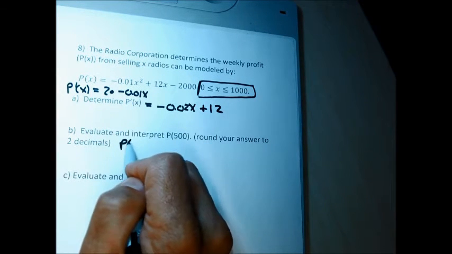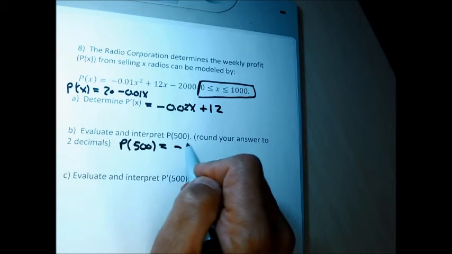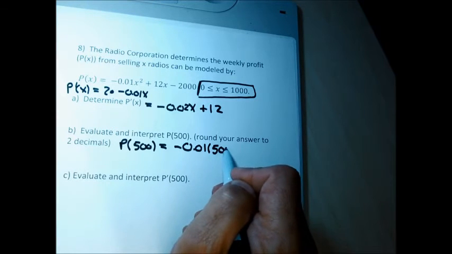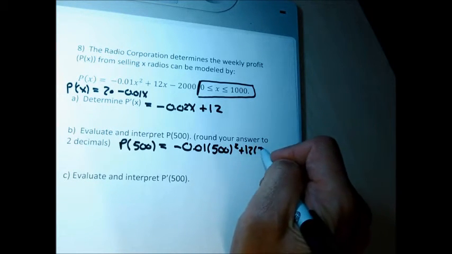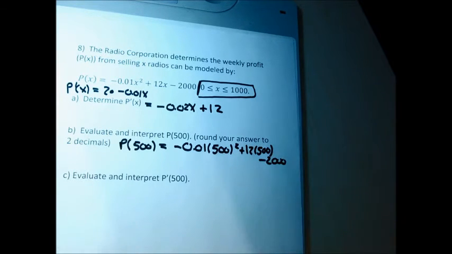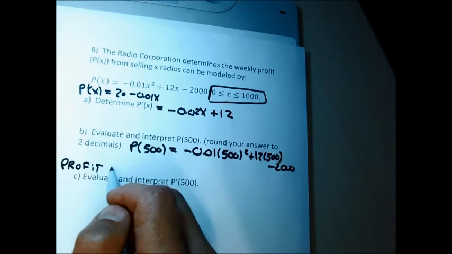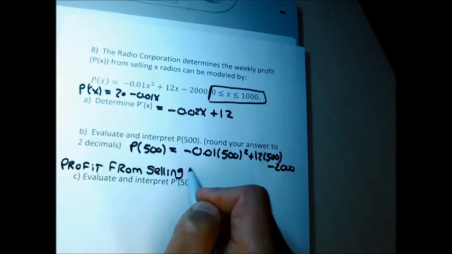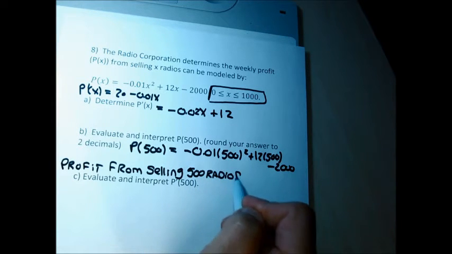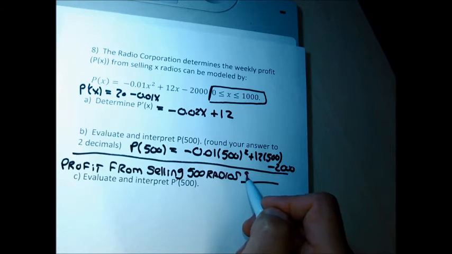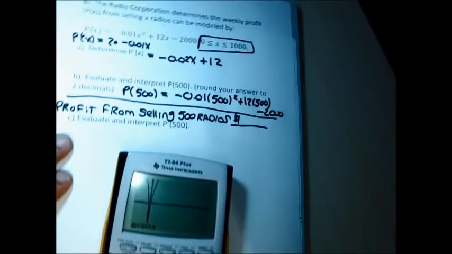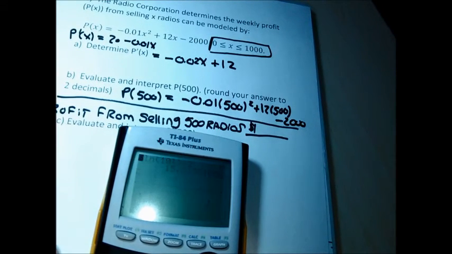I can do it from the main screen. P of 500 is going to be negative 0.01 times 500 squared plus 12 times 500 minus 2,000. And that's going to give me the profit from selling 500 radios. So whether I do it from the main screen or from the graph screen, I should get the same answer. I'll do both because this isn't hard. So my answer to part B, the profit from selling 500 radios, is going to be whatever that comes out to be. So second quit, main screen, negative 0.01 times 500 squared plus 12 times 500 minus 2,000 minus,